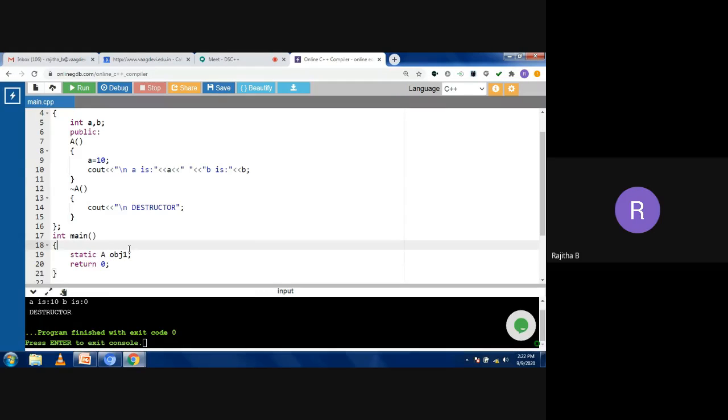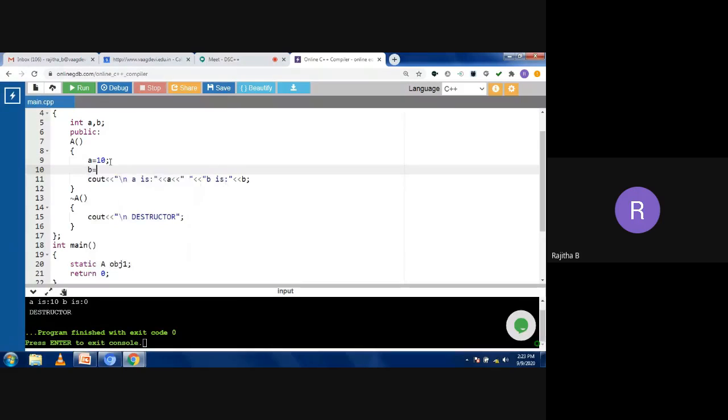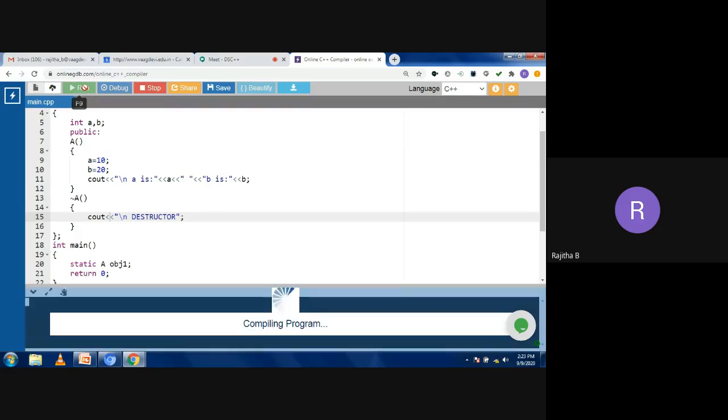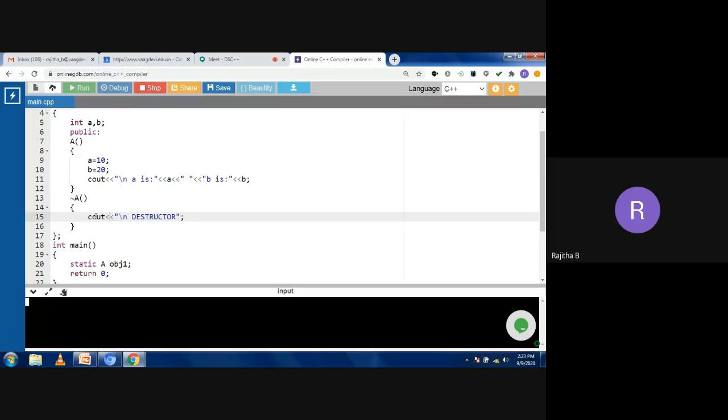Now suppose I'm taking the two data members A and B, and you assign B equal to 20. So what values will be displayed now? That is 10 and 20, because I am assigning values to both A and B data members. Now you can see the output: A value is 10 and B value is 20. So that is the static object.